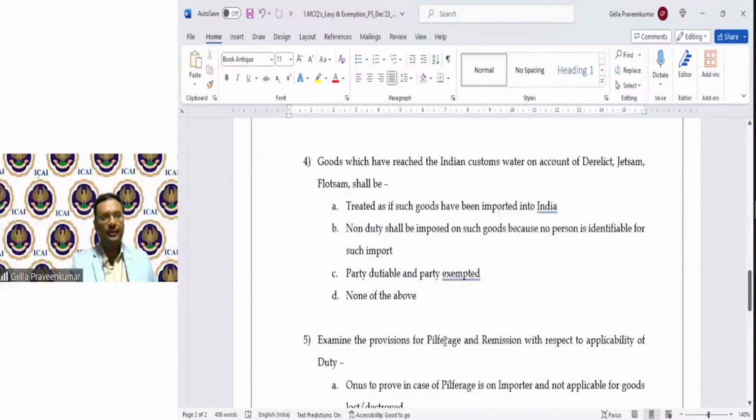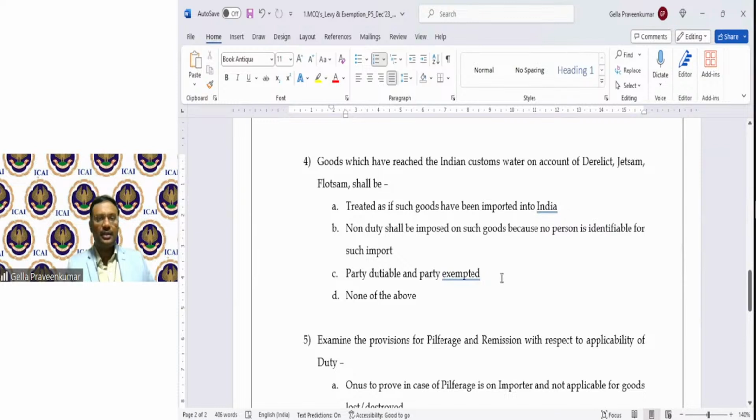Then question number 4. Goods which have reached the Indian customs water on account of derelict, jetsam, flotsam shall be treated as if such goods have been imported into India. No duty shall be imposed on such goods because no person is identifiable for such import.